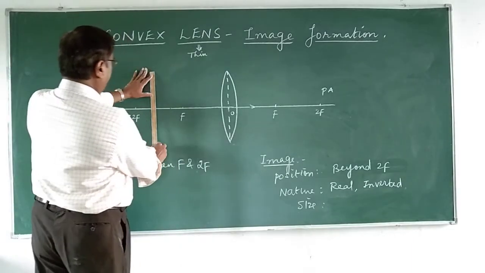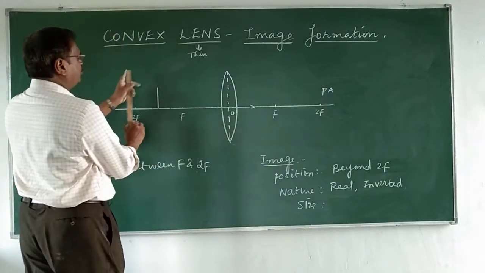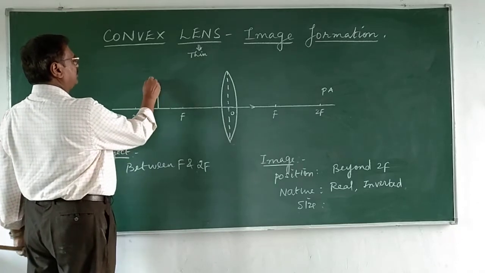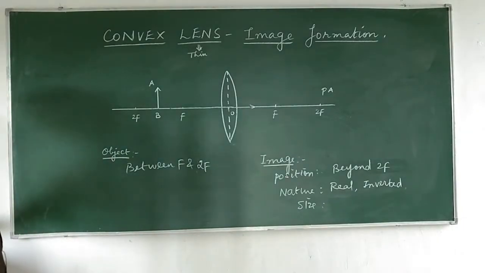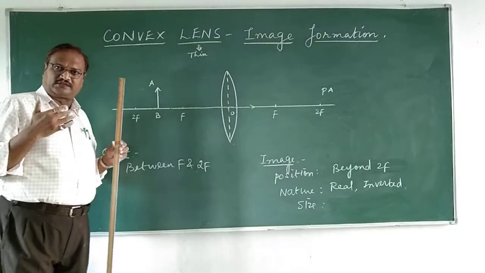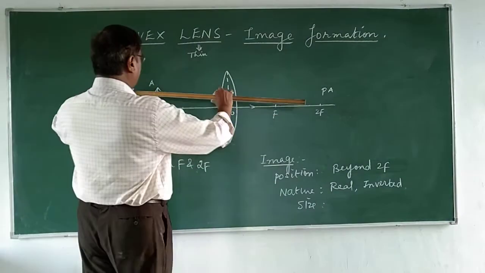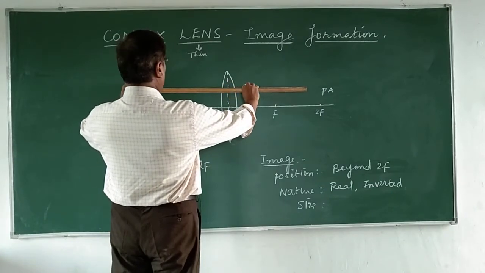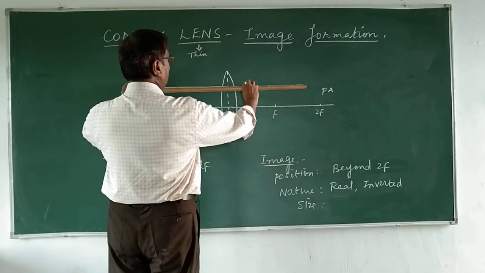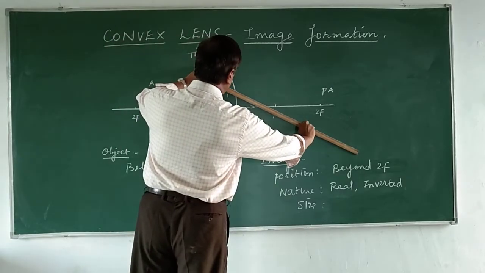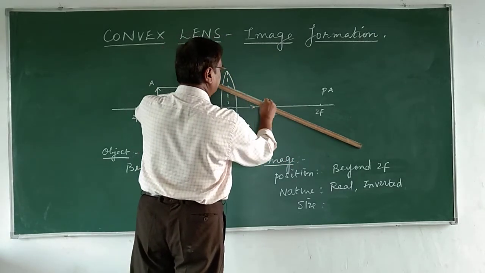And I am going to take the object between F and 2F. You choose this height according to your wish, which is A and B. Now it is very simple, right? Always keep a 30 centimeter full scale and take a half scale and let it be transparent and quality one. Okay, now I take a ray parallel to the principal axis. As usual, we know that it will pass through the focus. Let it pass through.